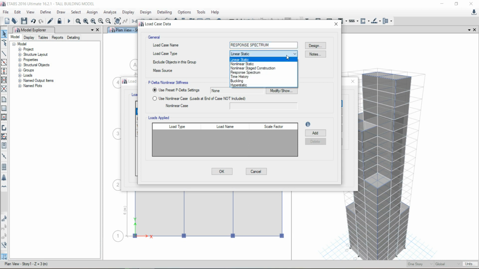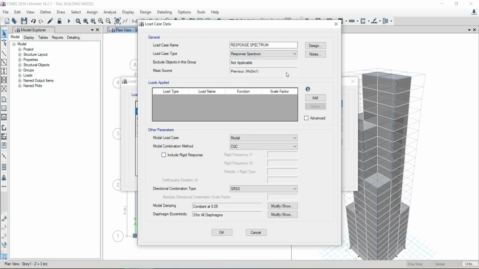Change the load case type to response spectrum. Click on add, the load type as acceleration. Make sure the load name is U1. Select the function as response spectrum, and for the scale factor